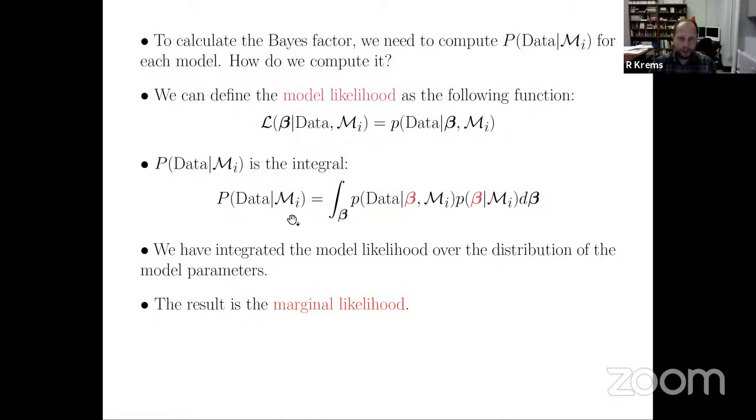So yeah, this is just again repeating what I just said. This part here is nothing else than the marginal likelihood, and this is now the full marginal likelihood, marginalized over everything. Like in the context of Gaussian process regression, this would be the likelihood marginalized both over theta and over the kernel parameters. So if we wanted to calculate something like this, we would have to integrate over the kernel hyperparameters.